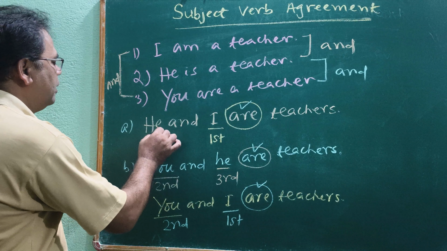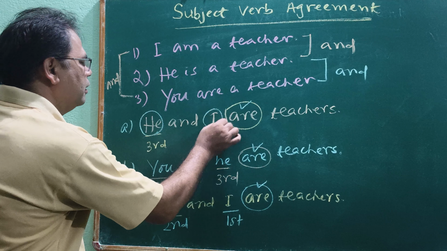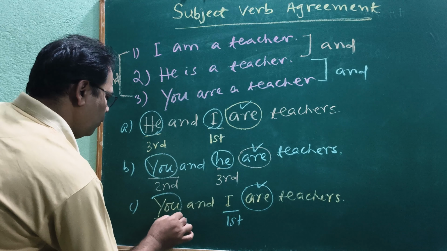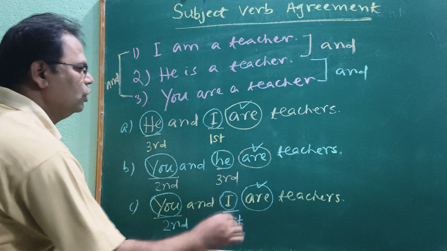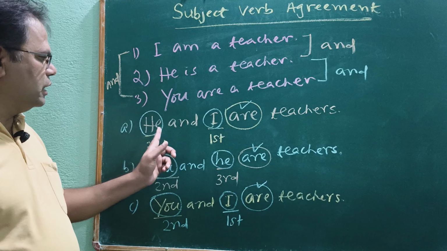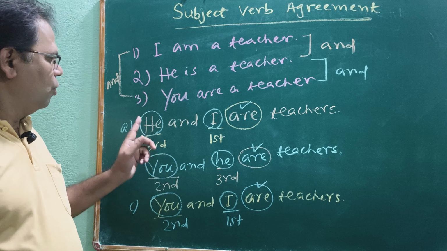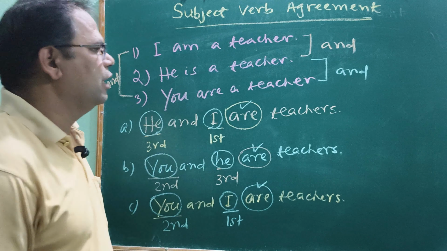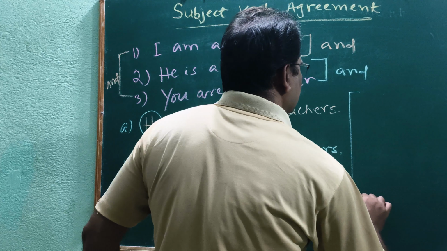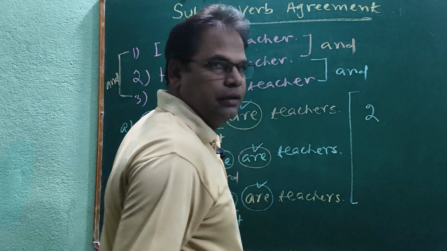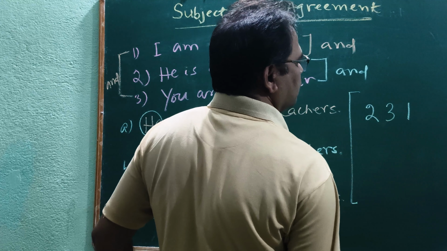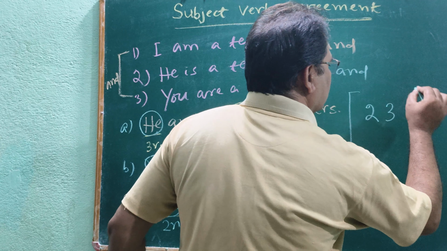Now the thing is that here he and I, here you and he, here you and I. So see, this is the order of the pronouns. That means when first, second and third person are there, the formula is second person, then third person, then first person, when they are singular